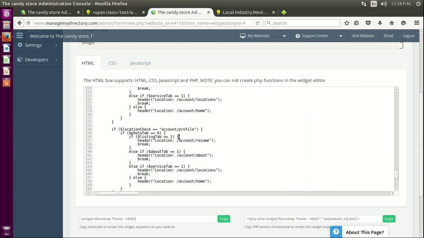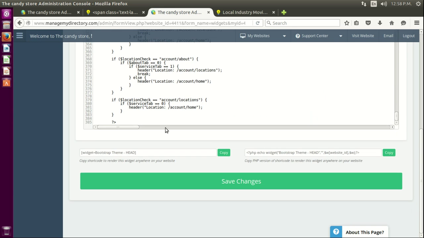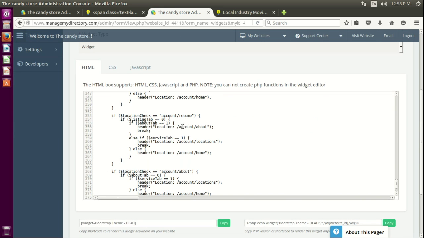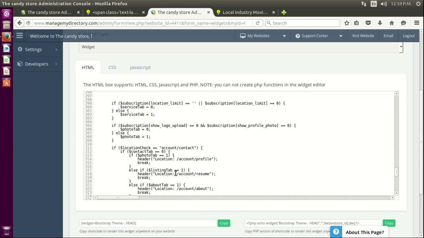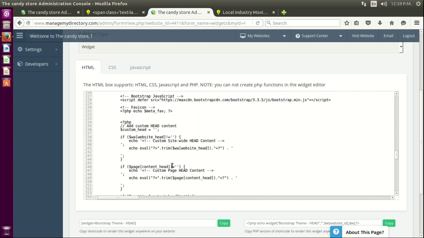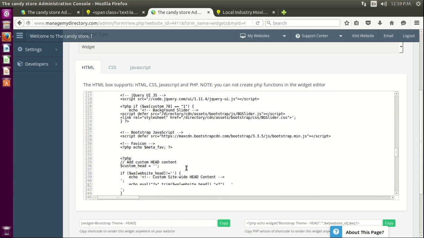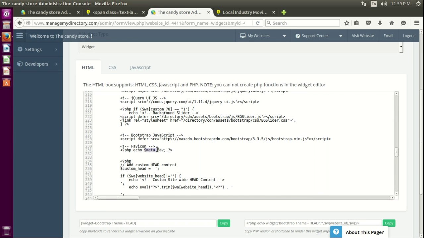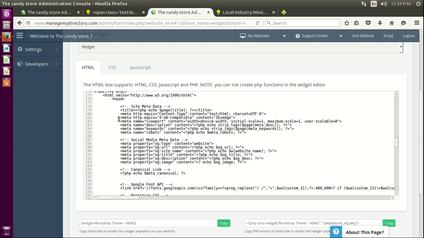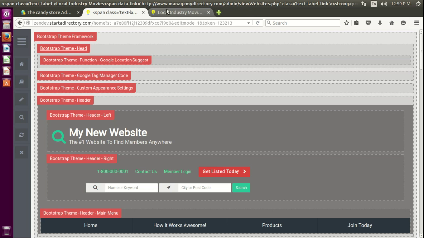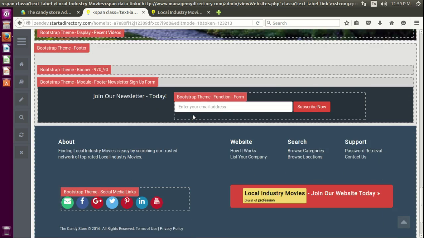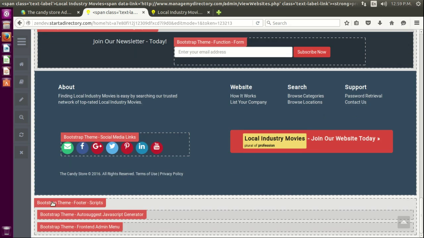If we keep on searching the whole code, you can see how the account works for some of you that want to change these URLs. And also for the head, you can see that we're creating the head here, and we have meta tags being called, and you can see a whole bunch of them here, including the social ones and the size specific ones. That's one place. The other place, let's close this and scroll down, and you're always going to see this here: Bootstrap